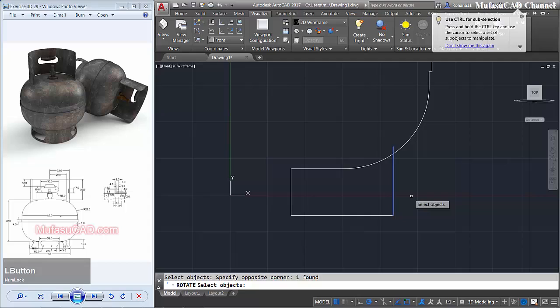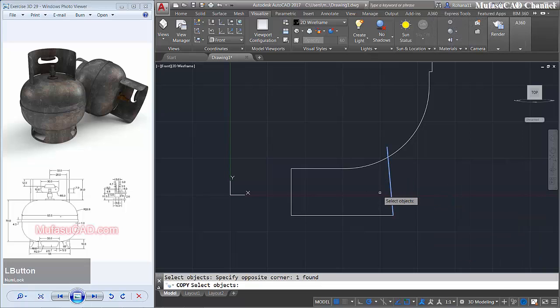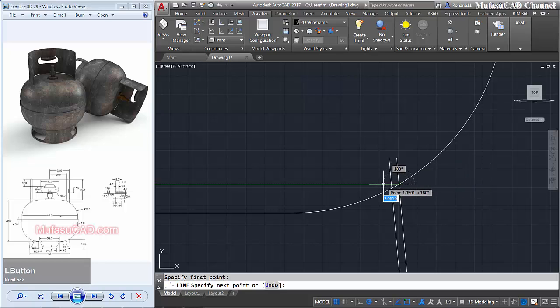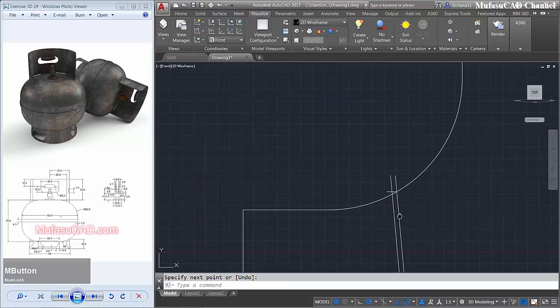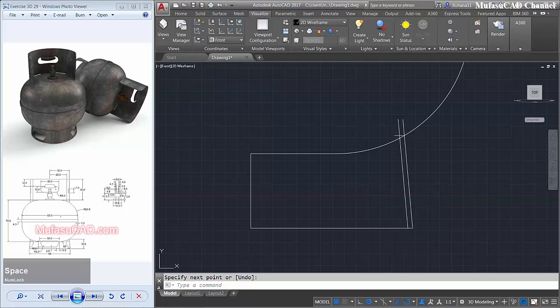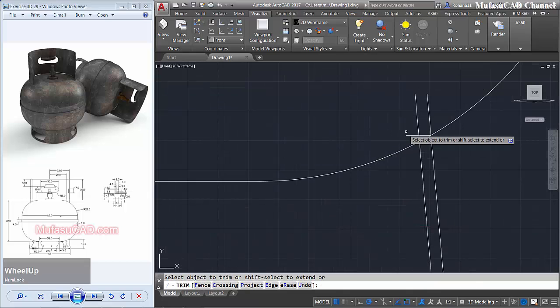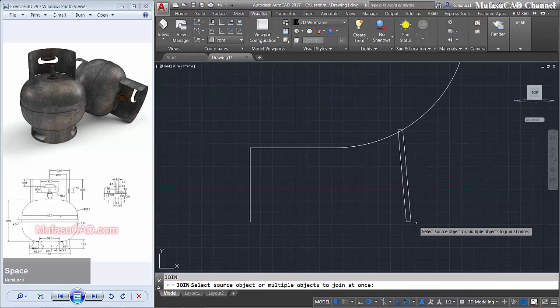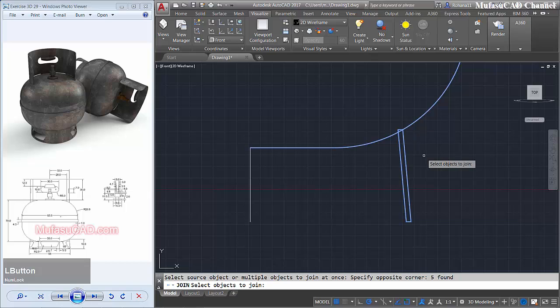We rotate this line object, start from this point with 5 degrees, and I will copy this line object to the right here about 1 point, and then we create a line, start from this point to the left here, enter to finish. Use the trim command to cut this line object in here and in here, and I will join all these objects, change into polyline.